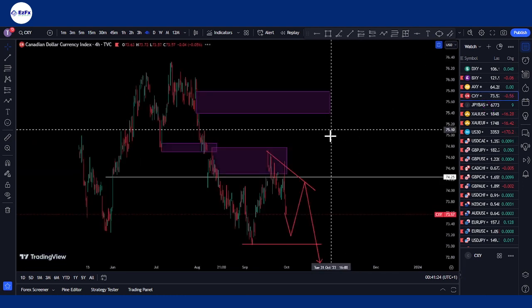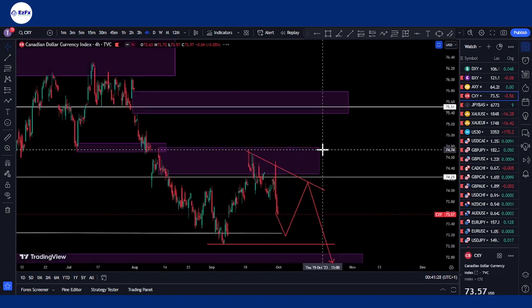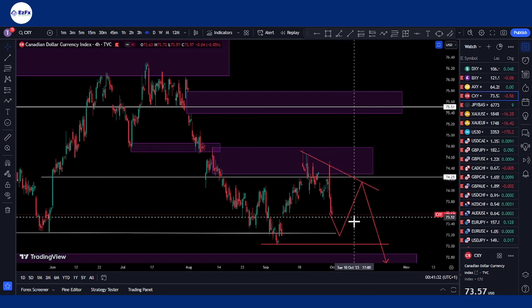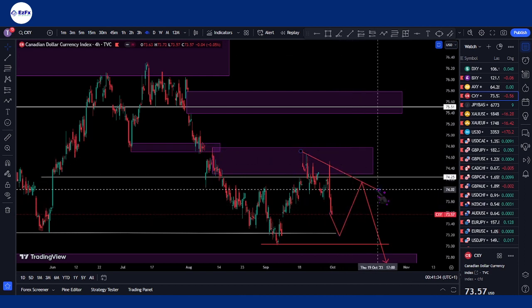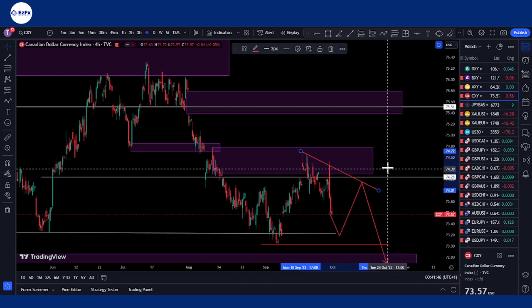Very good. So as of last week, we were expecting the Canadian dollar to sell off on CXY, and we got to see that happen quite well during the course of this week. Currently you can see that this is a trend line that has been respected about 3 times already. And I think currently my bias for CXY will be for us to have an overall sell.